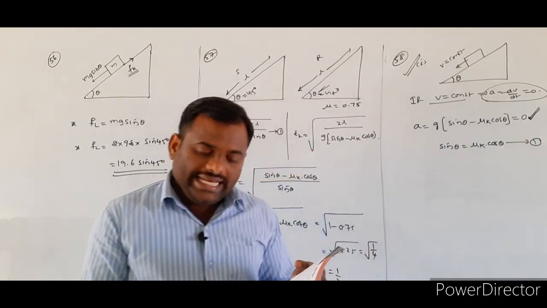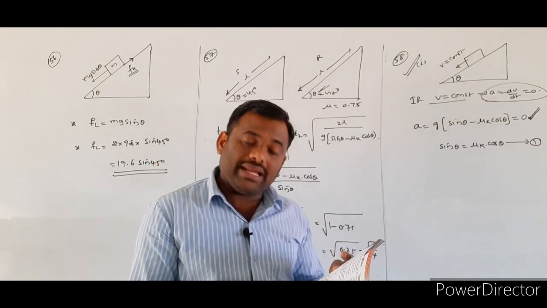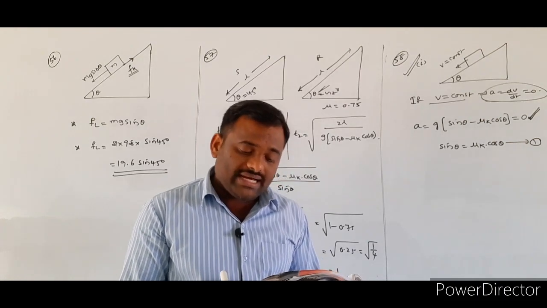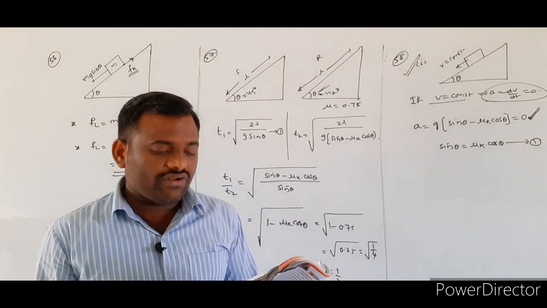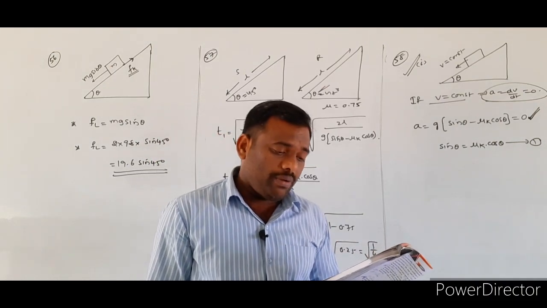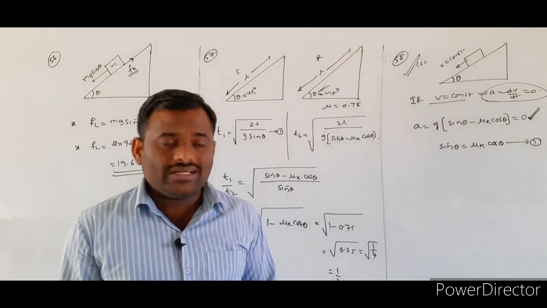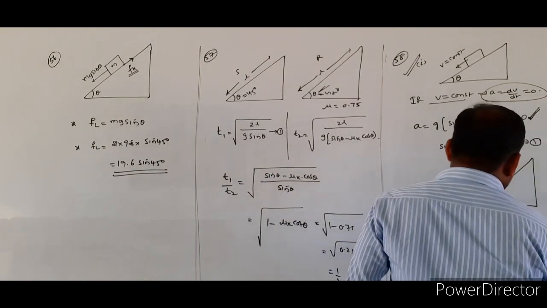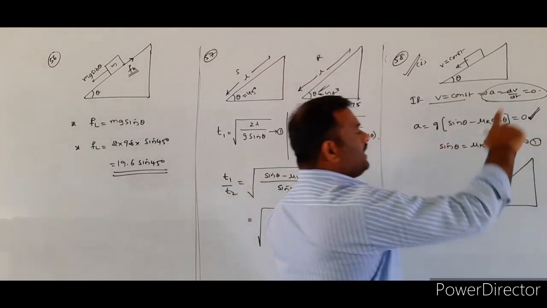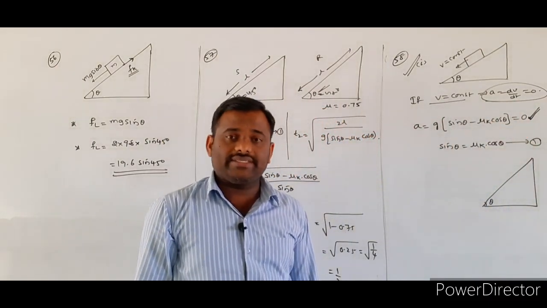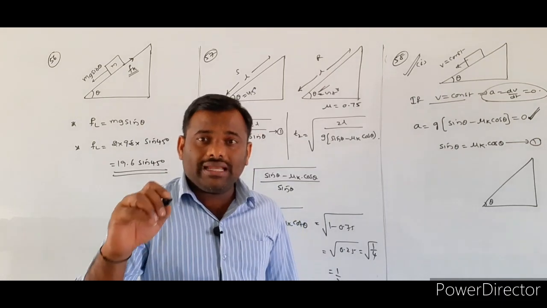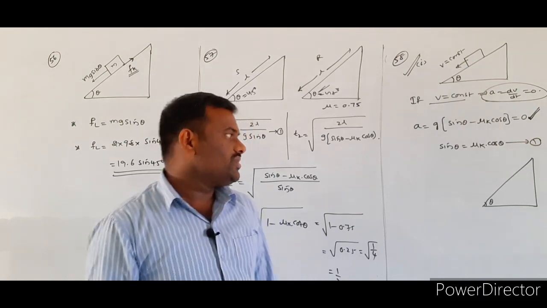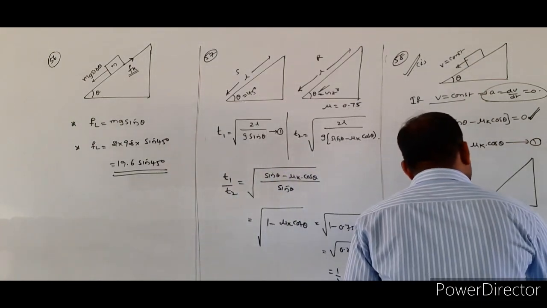Now, it is then projected up the same plane with an initial velocity of v. Find the distance travelled by the block before it comes to the state of rest. The same object they considered, and the same inclined plane is also considered. Same inclined plane means the frictional force acting on the block does not change. So whenever the block is projected upwards,